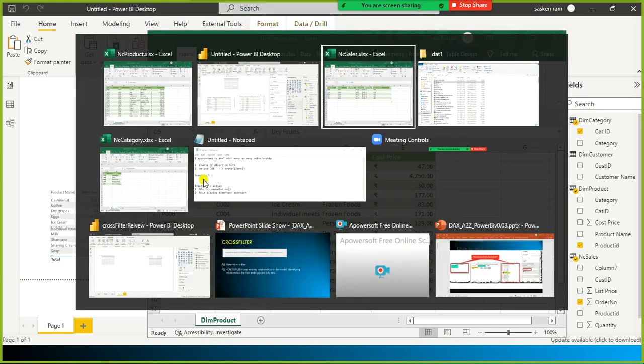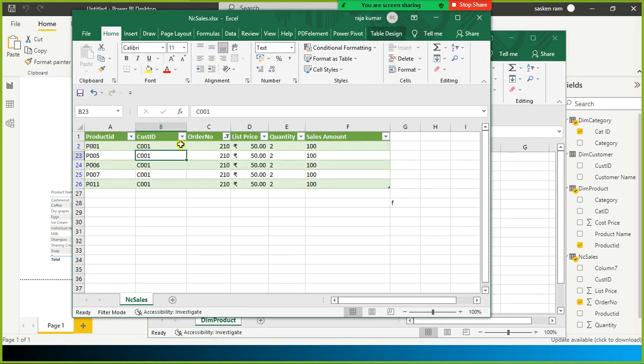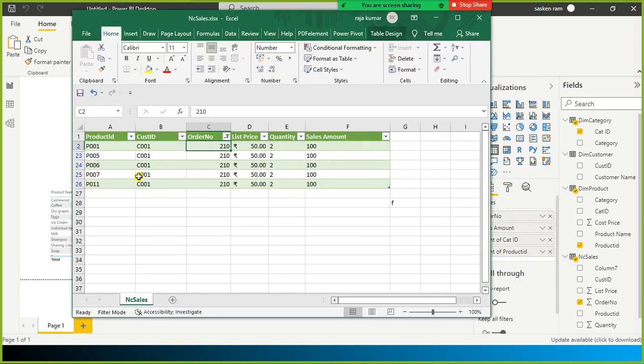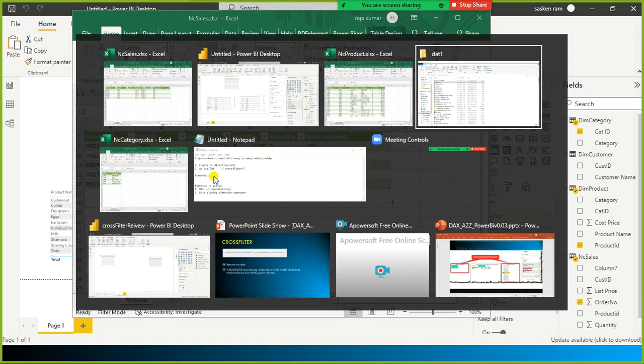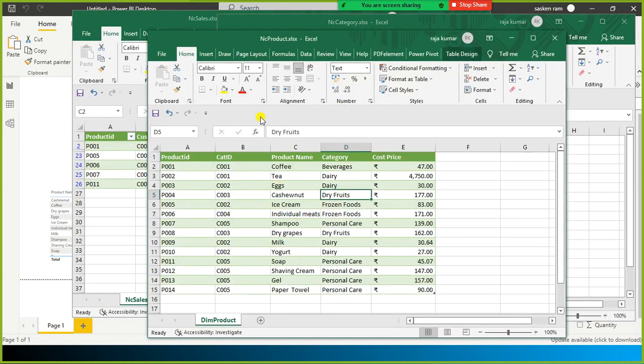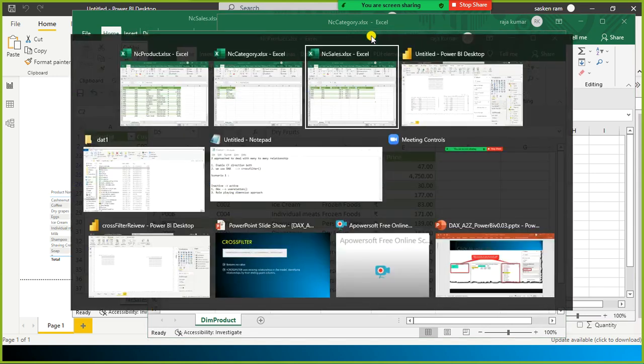For order 210, we sold 5 different items, 5 products. And the category ID for this is 4. For the category ID, you need to look at the category table. Look here, for cross verification we'll use this one.